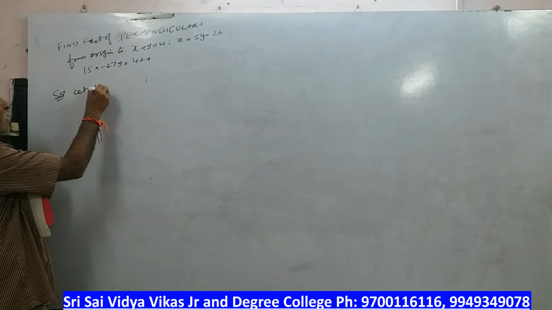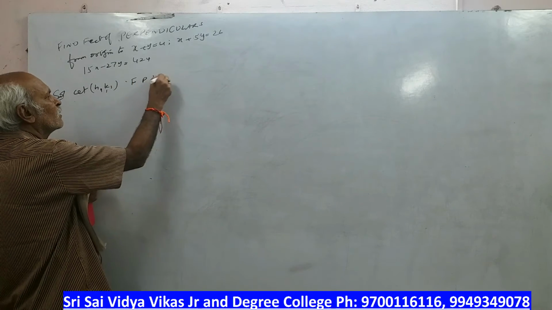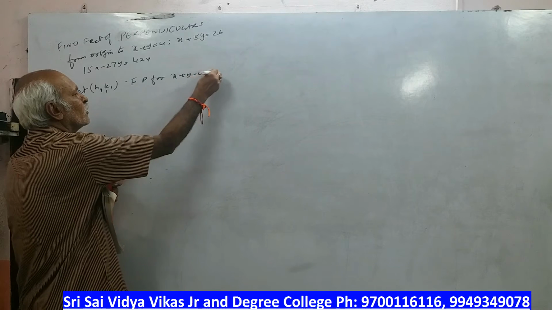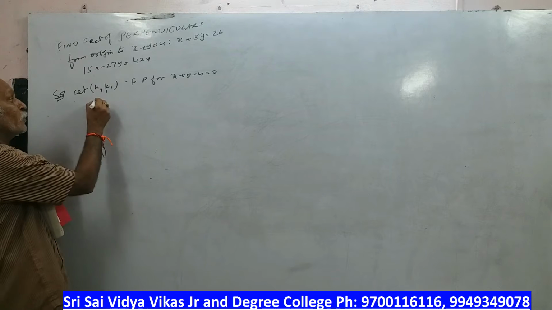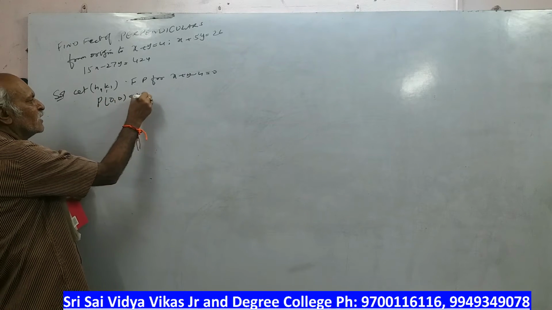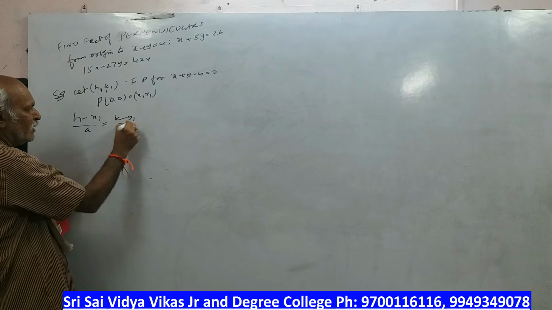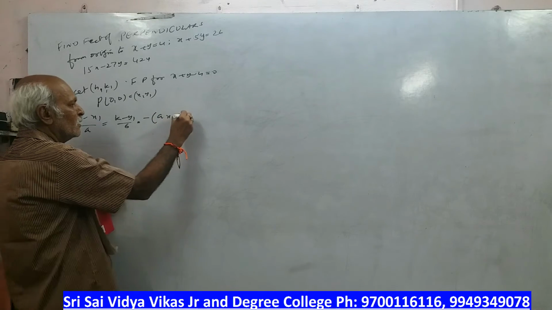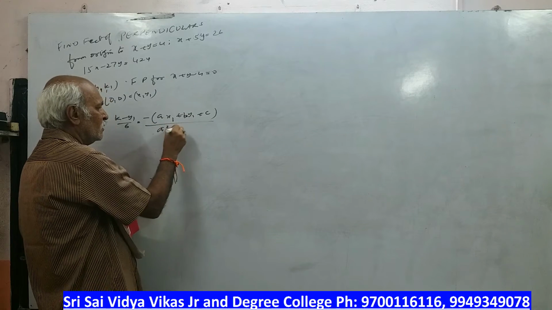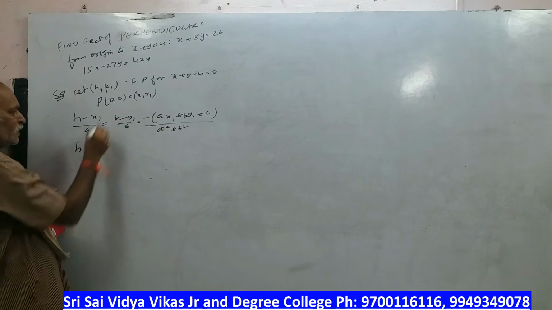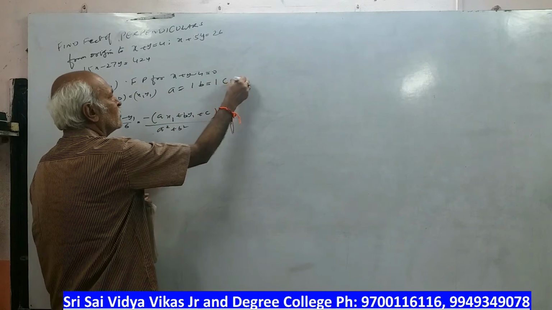Let h1 k1 be the foot of the perpendicular for x plus y minus 4 is equal to 0. What have I done? I have compared it with x1, h1, k1. And what is the point given? Origin, so this is x1, y1. The formula is (h minus x1) by a, (k minus y1) by b is equal to minus of (a x1 plus b y1 plus c) by (a square plus b square). Here a is 1, b is 1, c is equal to minus 4.